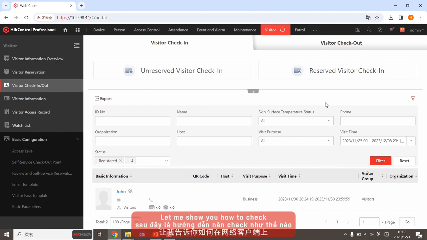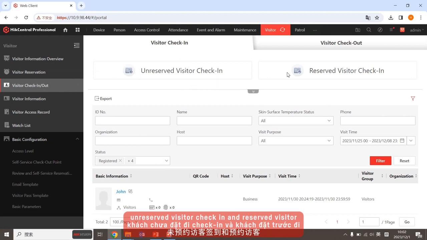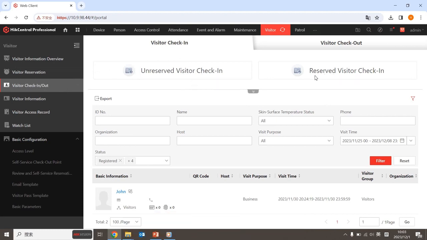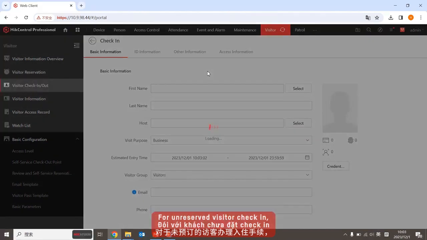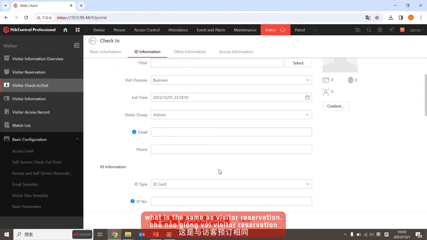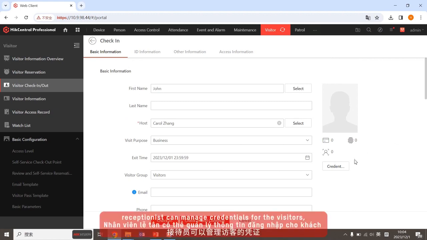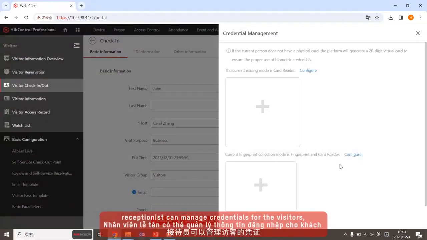Let me show you how to check in for unreserved visitors and reserved visitors on the web client. Enter the visitor check-in or out module. There are 2 options for check-in: unreserved visitor check-in and reserved visitor check-in. For unreserved visitor check-in, fill in the visitor's information and access information, which is the same as visitor reservation, but different from reservation, for check-in, receptionists can manage credentials for the visitors,